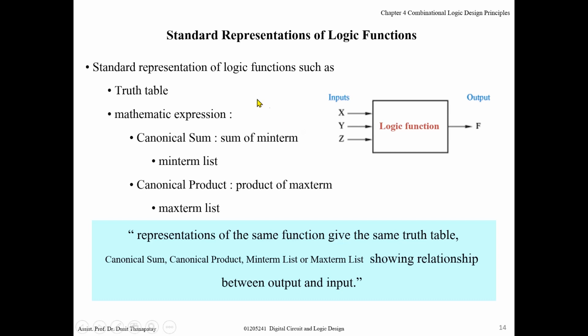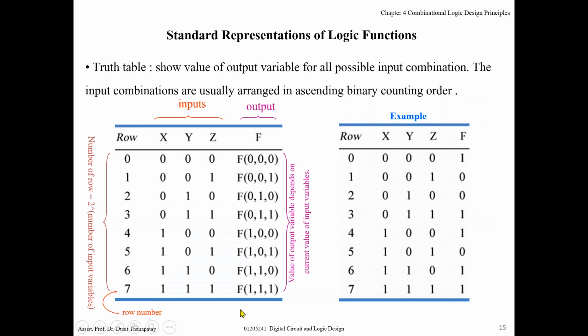Okay, today we study the standard representation of logic functions, which may be a truth table or a mathematical expression in canonical form, which has canonical sum and canonical product. For the representation, we show the relationship between output and input. For example, if you write a truth table, we show you